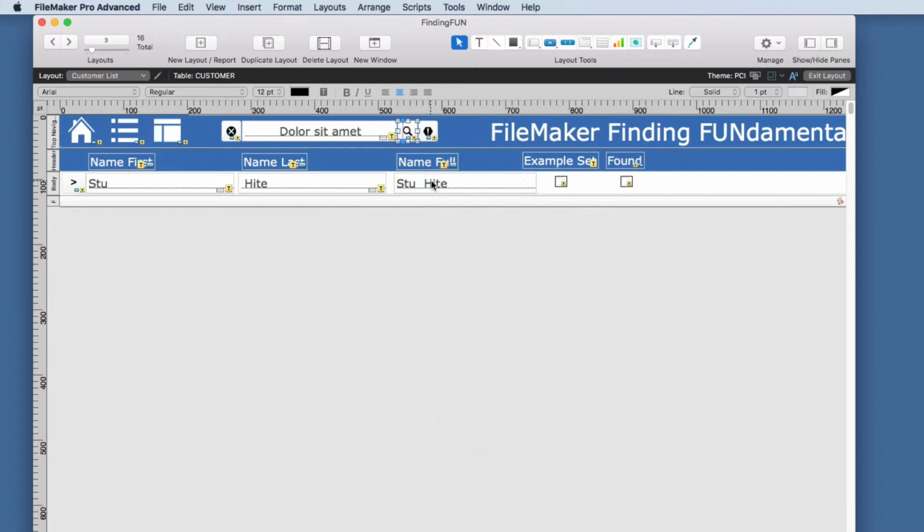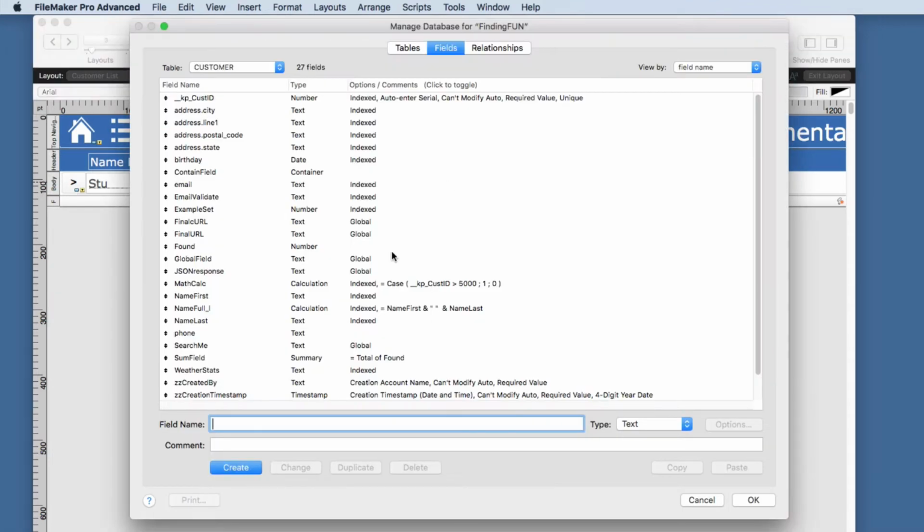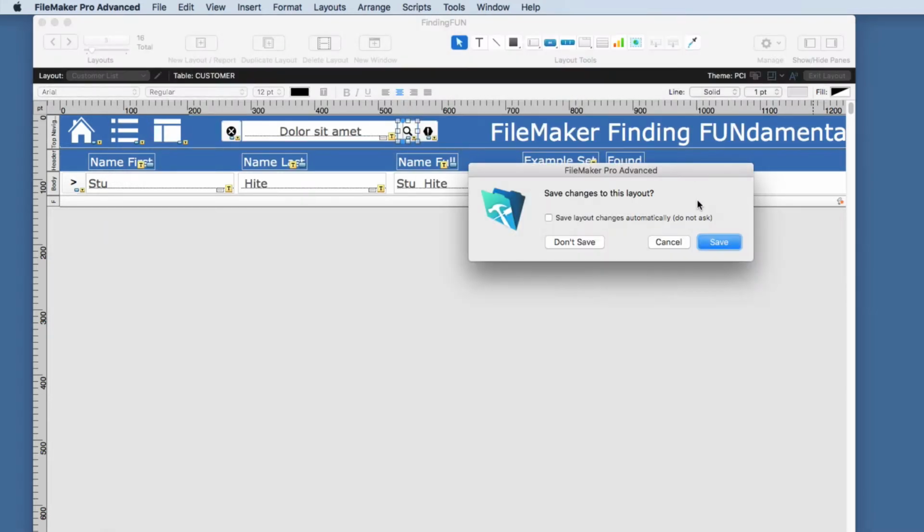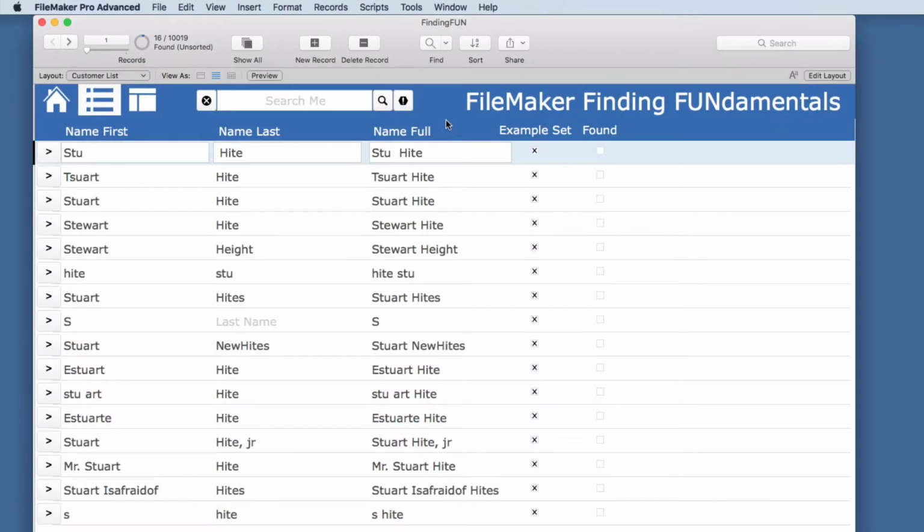So this calculated field here is simply just the name first with a space and the name last. So very simple, but I thought it would be an easier way to take a look at how some of these work. So we're just going to type in art, and we will click this,